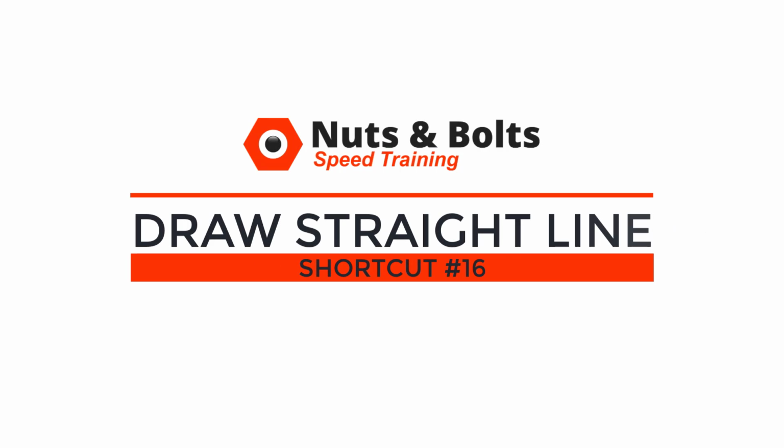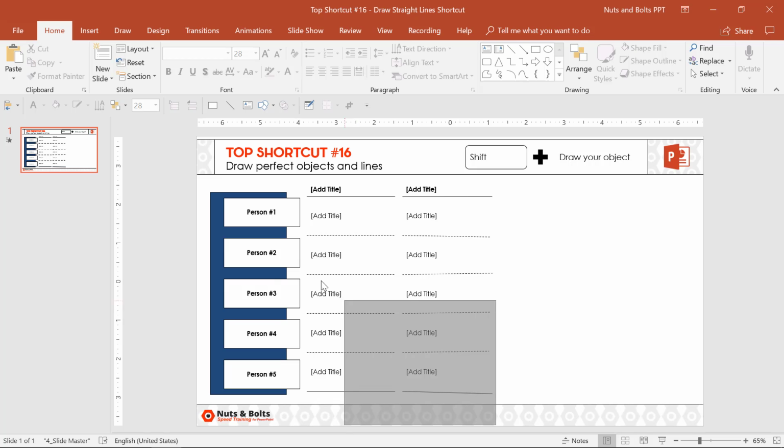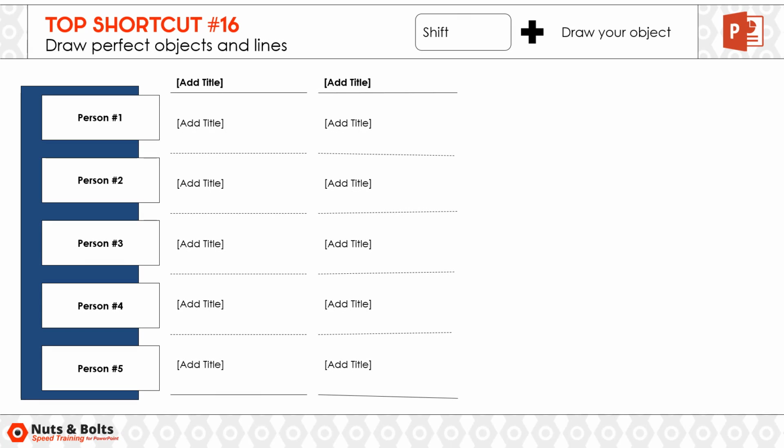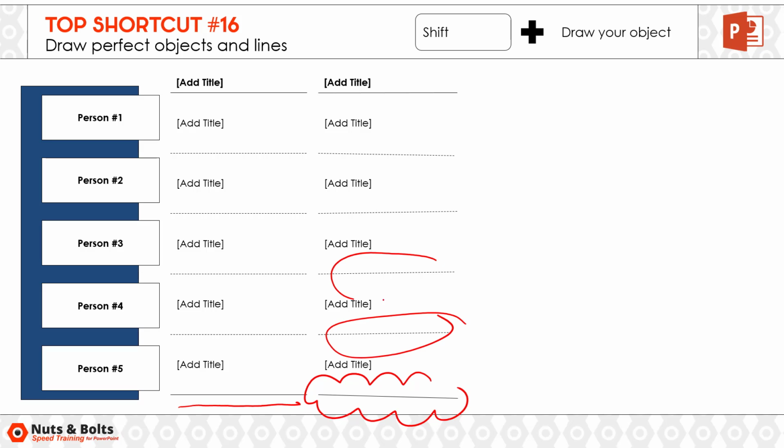Top shortcut number 16, the draw straight line shortcut. One thing you don't want to end up with in PowerPoint is a bunch of crooked lines in your layout. And if I hit Shift F5 for slideshow mode, notice that these lines here on the right are crooked in comparison to these perfectly straight lines on the left. Crooked, crooked, and you're going to see a lot of this